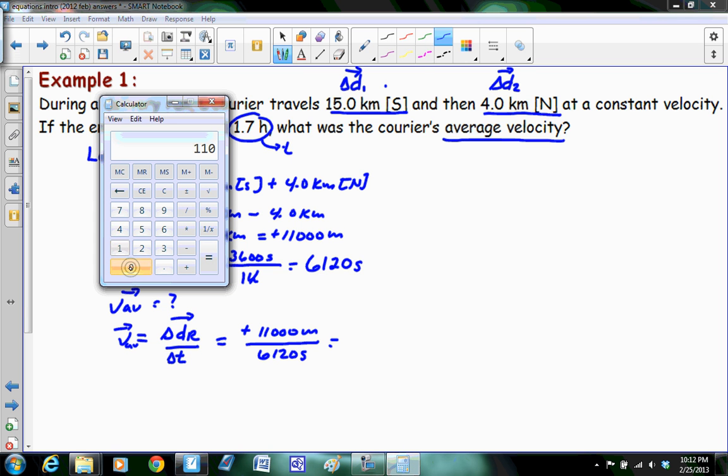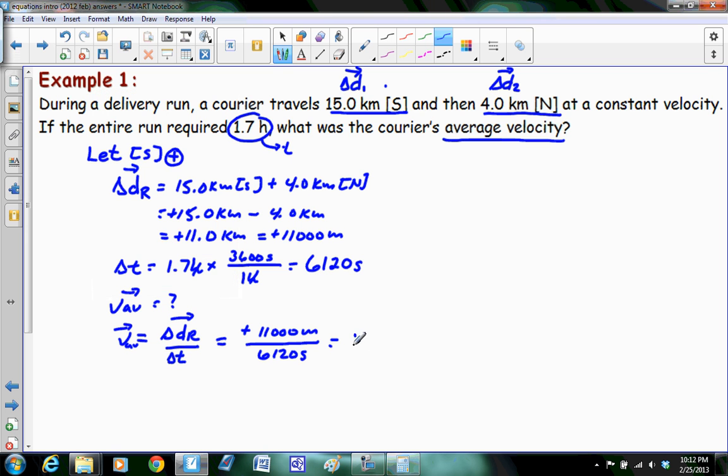So 11,000 divided by 61.20, and we end up with about 1.7 or 1.8 meters per second. That's a positive value we have here. So the next thing we want to do is write down the statement here. So we've got, therefore,